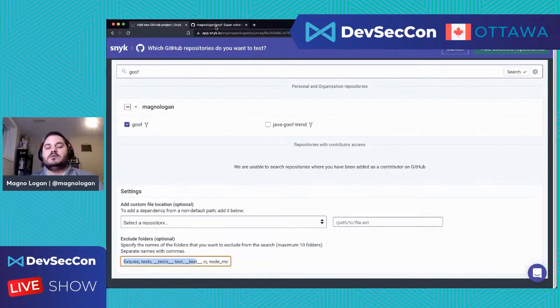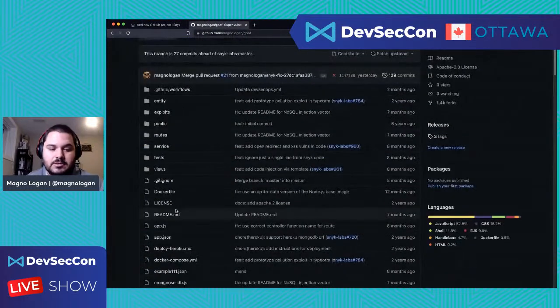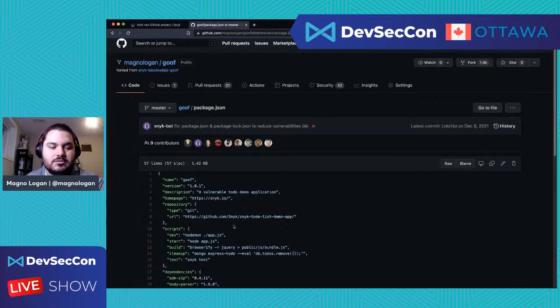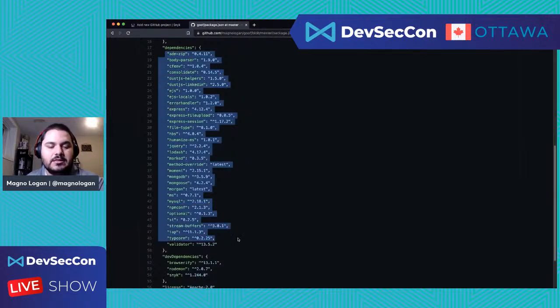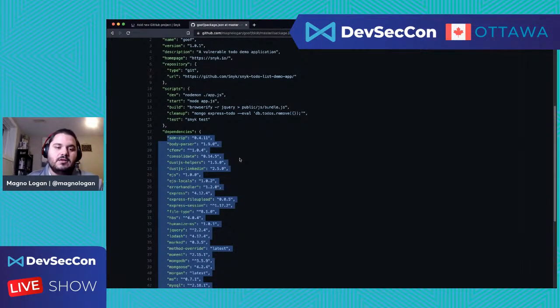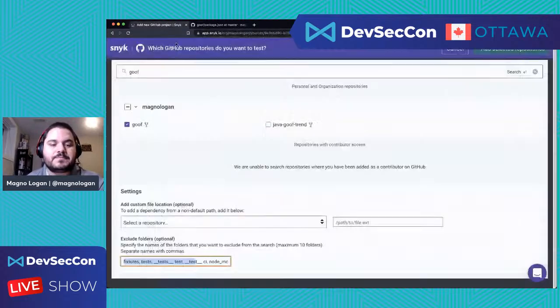Basically, the software composition analysis part is what we're going to look at here today. Snyk is looking at these two files, right? The package.json and the package-lock.json. And here we can see the list of libraries and versions of the libraries, the direct libraries, right? Not the indirect ones that I'm using in this code. Snyk is going to scan that, check their version, and see if they have any vulnerability information for that library in that specific version, right?